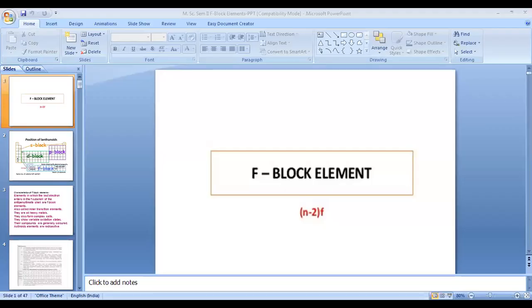While studying the actinide series, we are again going to see the electronic configuration, the oxidation states, and the magnetic properties, and all other relevant properties associated with the 5f block of the periodic table. Now, I would like to show you one graphical, schematic representation of the periodic table, where we can find that there is a separate block known as the f block of the periodic table. Here, if you see,